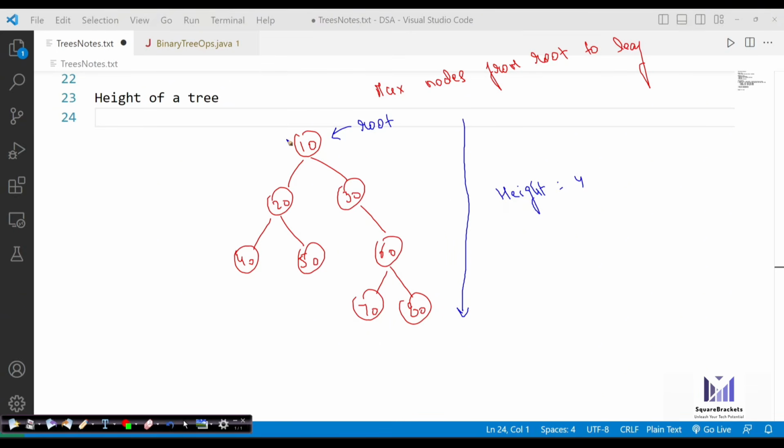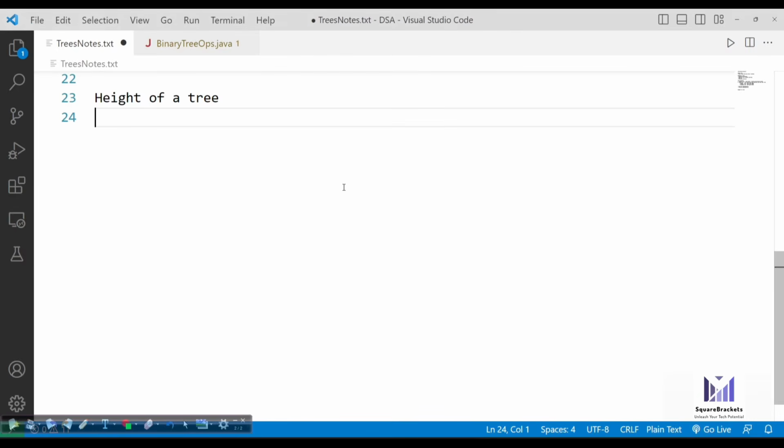Logically, we don't have to do much. We can use either recursion or use the stack. So we can simply put this code in recursion and keep on increasing the recursive calls until we get to the leaf of the tree. Okay, simple. So we just have to write a recursion code where we are going to recursively call the tree with the left node and with the right node, and then keep on adding them. And then we have to check whether we are having the maximum number of nodes from root to leaf or not. It also has to compare the left or the right, in which direction it has to go.